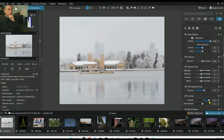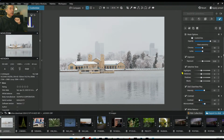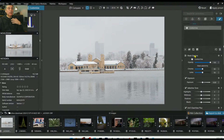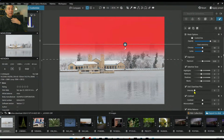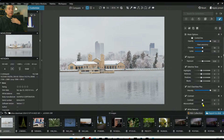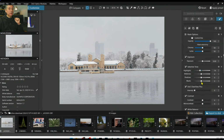I'm going to pull the contrast back a little bit on that side and a little up on that side, because I don't want to lose the ambience of this very soft look. But I do want to bring in a little more dynamic range. So let's do the same thing and see if we can get a little bit back in the sky. I doubt there's anything going on in the sky here. Yeah, very little. It looks like there's some, but not enough to worry about. So what I might do is just bring the highlights in just a little bit,